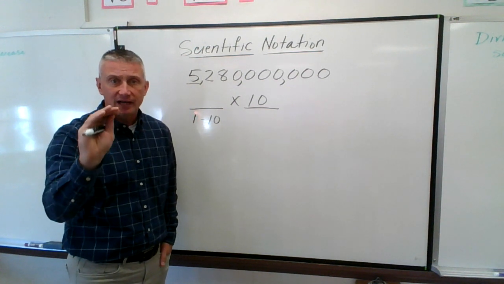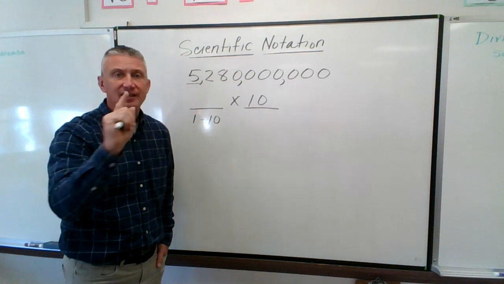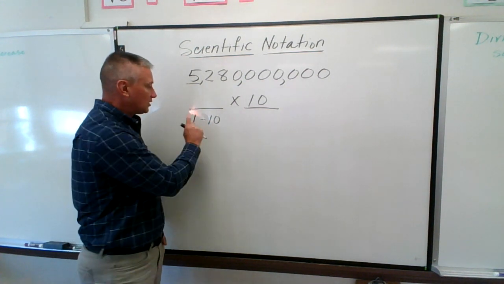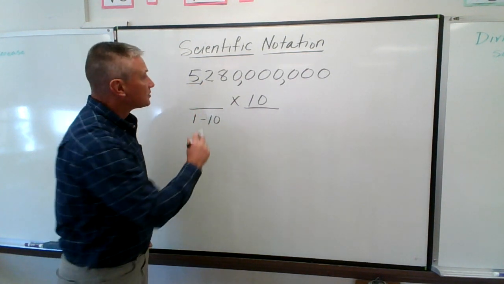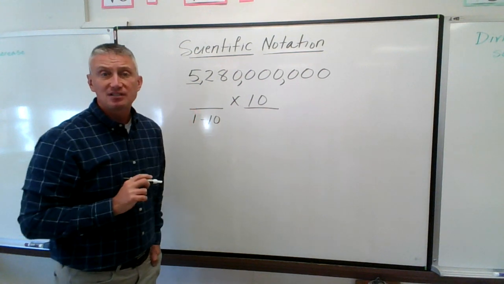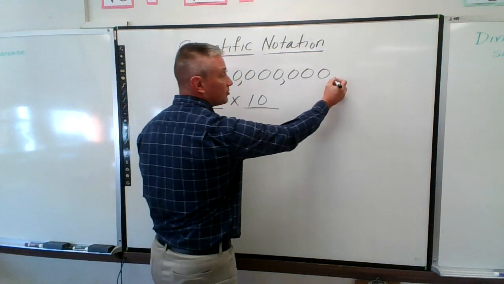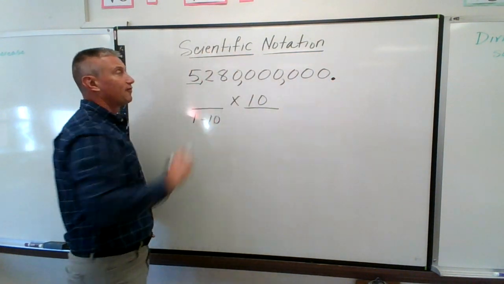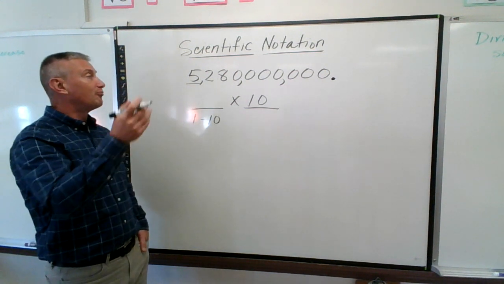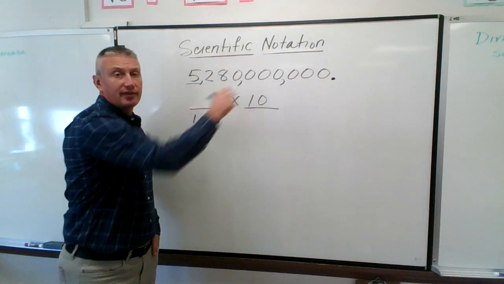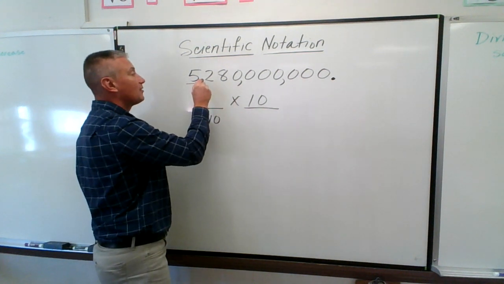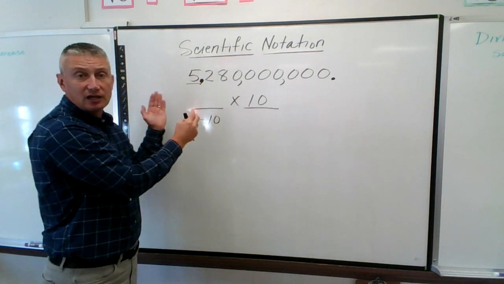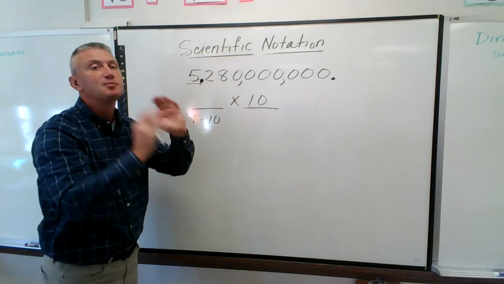Now, I say 1 digit, and I don't truly mean 1 digit. What I mean is that number must be between 1 and 10. It's allowed to be 1, not allowed to be 10. So here's what I have to do in order to create my scientific notation. The decimal point in this huge number, 5,280,000,000, is way over there. In order for me to get the decimal way over here so that this number is between 1 and 10, 5.28 is between 1 and 10,